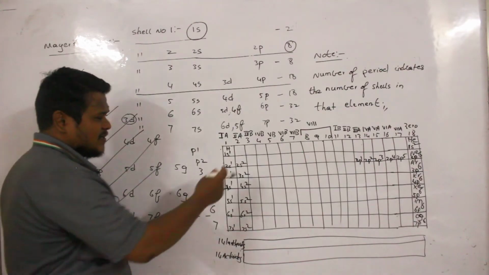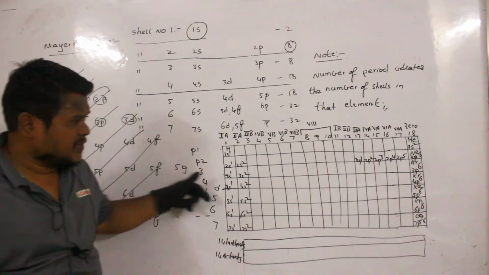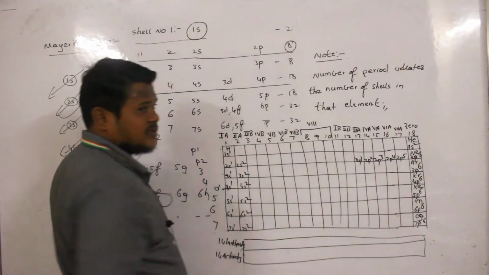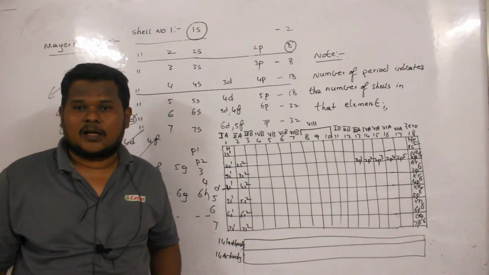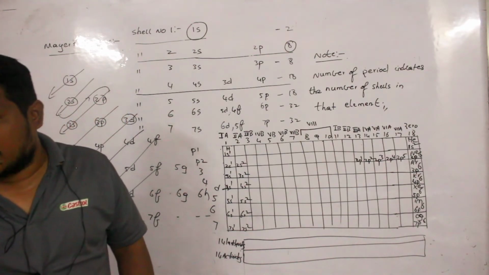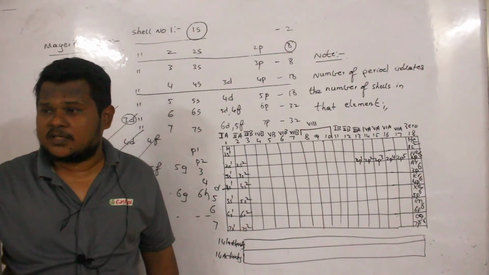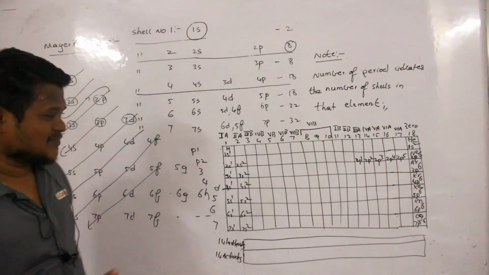So Sima, this is S and that one is P. In the middle, how many gaps are there? 1, 2, 3, 4, 5, 6, 7, 8, 9, 10 gaps are there. D subshell has how many orbitals? 5 orbitals. Each orbital can accommodate 2 electrons. 5 2s are 10. 10 gaps are there, no? Em chustunaru fill cheyandi. Come on.